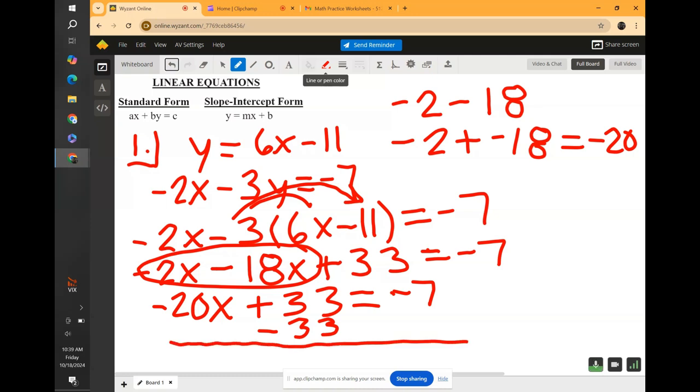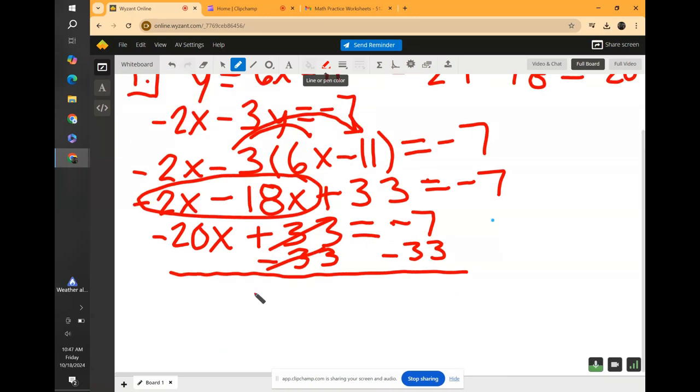But if we subtract 33 on the left side, we have to subtract 33 on the right side, right? In order to be an operation that's legal, that's within the rules, right? So we can subtract the same number from each side and still be okay, right? We're not losing anything in the equation. So when we do that, that goes away to 0, and we are left with a -20x